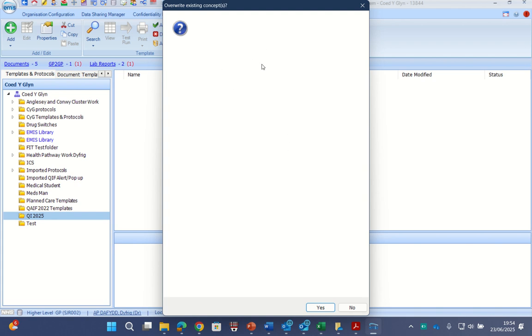At this point here, you will be asked, do you want to overwrite existing concepts? Now, this will show you a few concepts, and you may feel a little wary of overwriting concepts that are already in your system. This is when we haven't been able to make them ourselves. So usually they're concepts that are based on age or gender, and we just cannot overwrite or make new ones